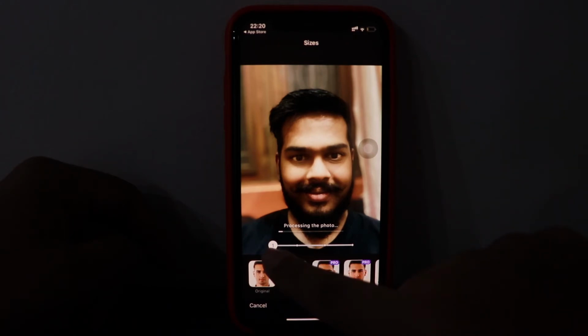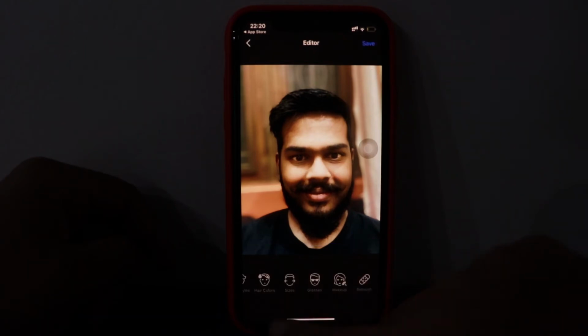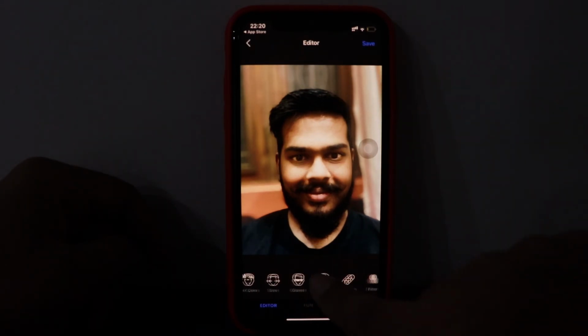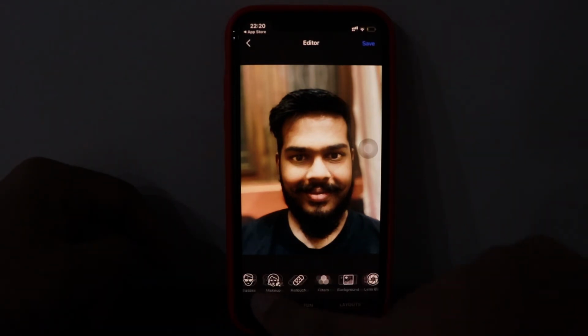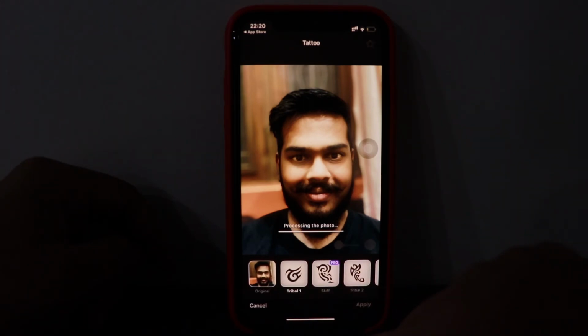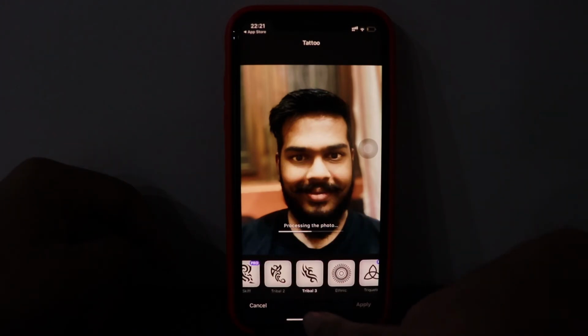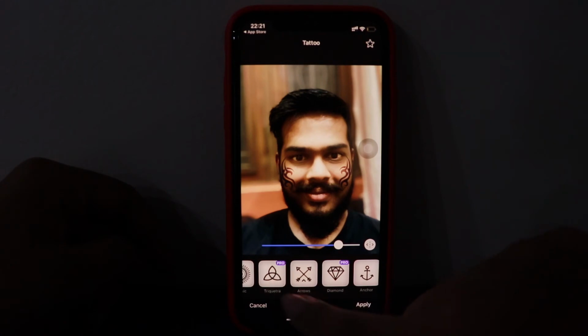I have settings, I can make it 2, 3, 4. It's funny, you can try different things on your face. And then there are many more features. There's a tattoo feature as well, so you can try different tattoos on your face. So here are the tattoos.